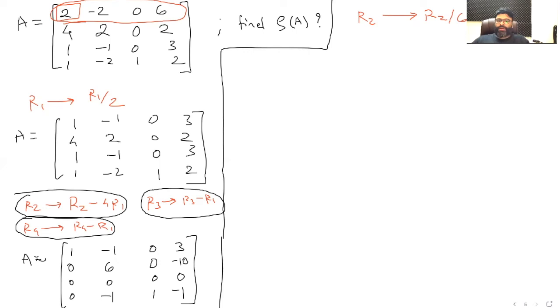And then it will become 1. But then fractions are difficult to deal with. So I usually want to avoid this step. Okay. So instead of doing this, why not exchange R2 and R4? Isn't that smarter? If I exchange R2 and R4, this is an allowed step, right? This step is allowed. I will not get any fractions. So all of you do this step.